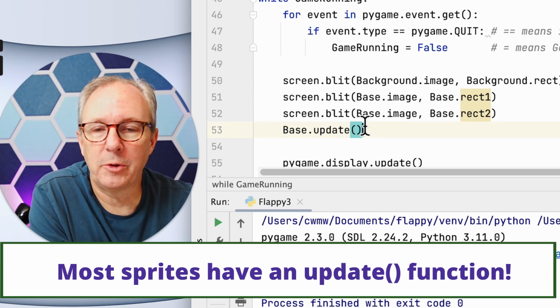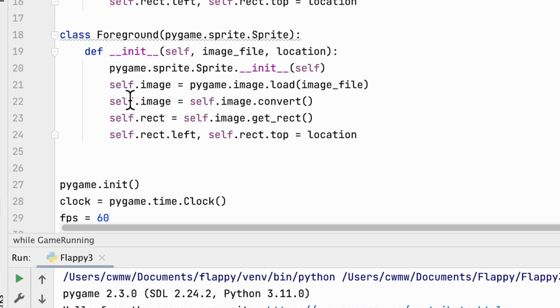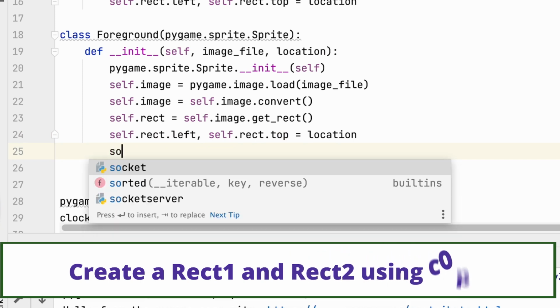What we need to do is scooch on up here to foreground. Here's foreground, and lines 21 and 22 are where we're actually loading in the image. Line 23 is where we create our rectangle object, and we are setting the left top to whatever location. That's great, but remember, we want to create a rect1 and a rect2. The way you do that in Python is we need to copy that object. So we're going to say